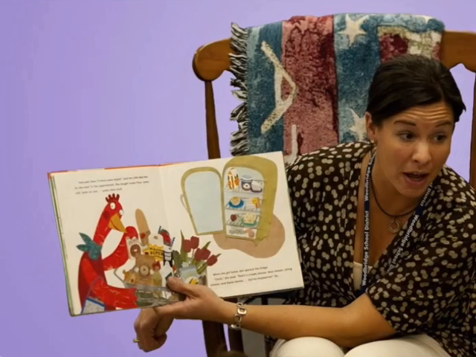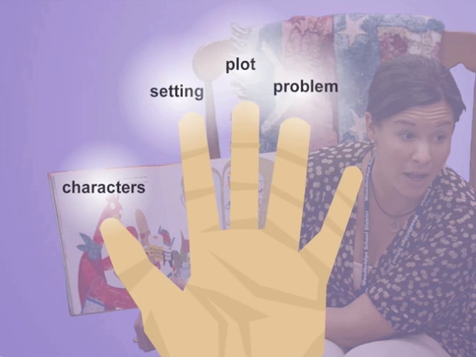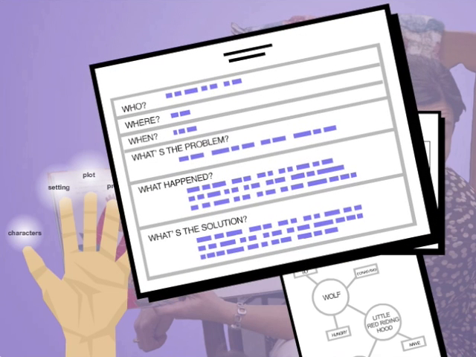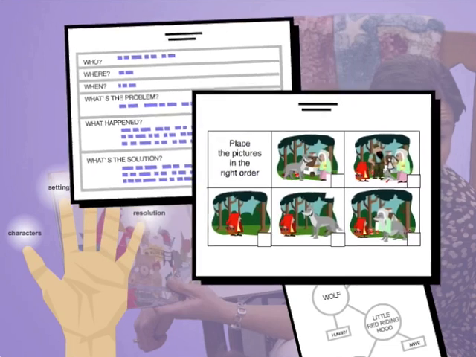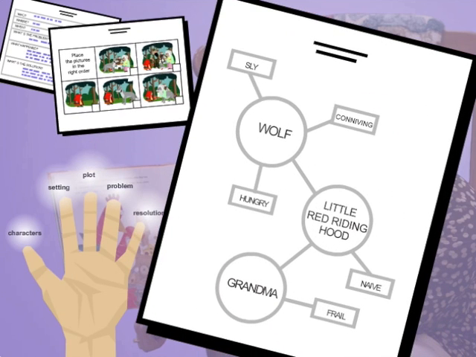Teachers can introduce students to tools and techniques to help them remember the story elements. For example, students can count them off, associating one element with each finger on their hand. Story maps or graphic organizers can also be used to teach the parts of a story, such as a chart that helps students match structure to content, a sequencing activity for younger students in which they rearrange a scrambled list of pictures to accurately represent the sequence, or a diagram of the plot that connects major action points within the